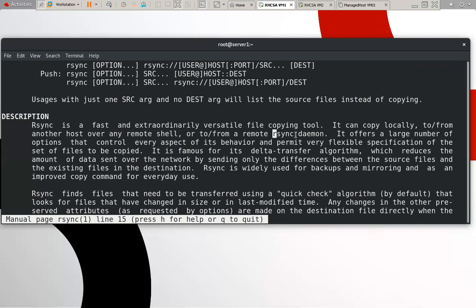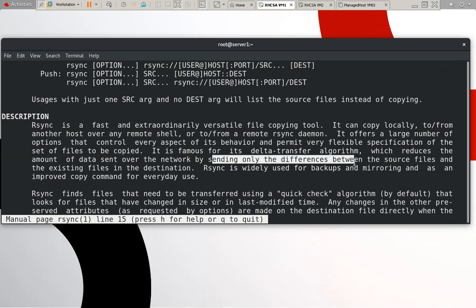It works on which particular daemon? It uses the rsync daemon, and it uses an algorithm by which it decides if we already have the data on a remote machine. It will not copy the whole data, it will copy the changes only. This reduces the amount of data sent over the network by sending only the differences.